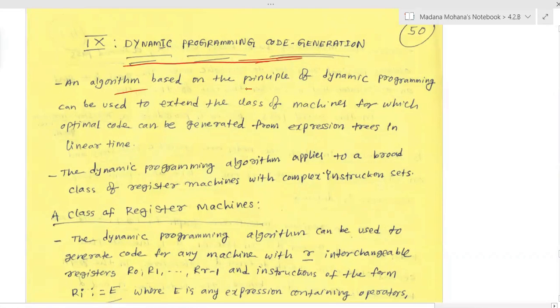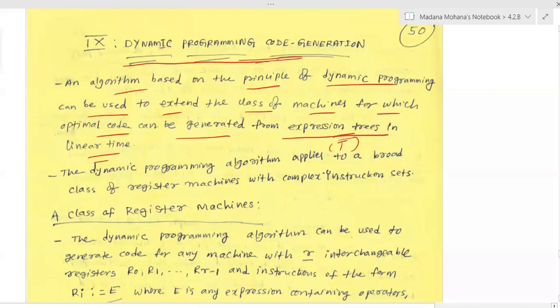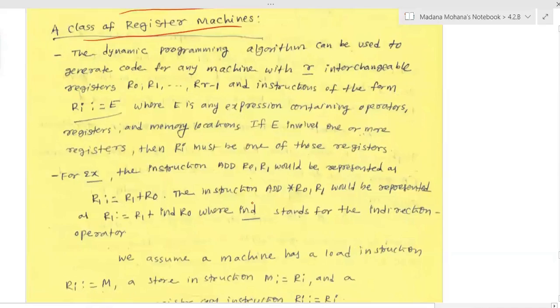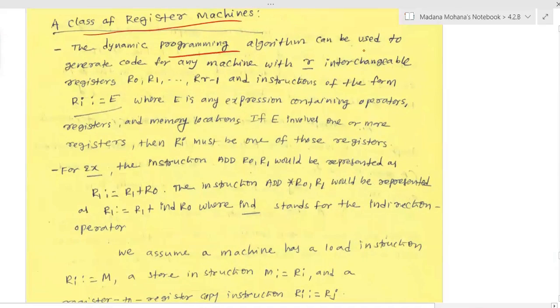So an algorithm based on the principle of dynamic programming can be used to extend the class of machines for which optimal code can be generated from an expression tree in linear time. Here we will construct a tree which is called an expression tree. So the dynamic programming algorithm applies to a broad class of register machines with a complex instruction set. Then a class of register machine. The dynamic programming algorithm can be used to generate code for any machine with R interchangeable registers, let us say R0, R1, and so on, up to R(r-1),